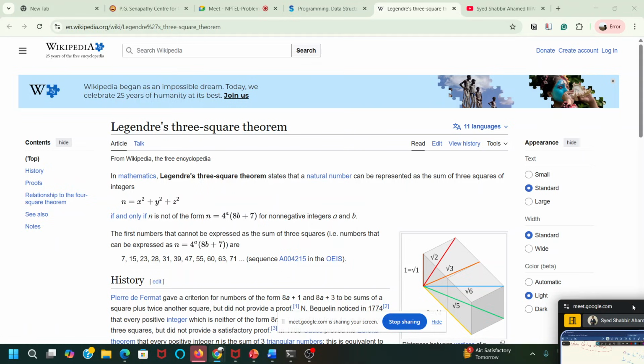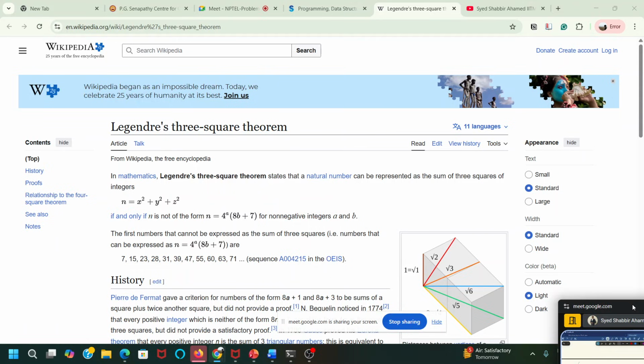But how can you check if your number can be written like this or not? First, the first thing you have to make sure is that whatever the m you are giving, it should not be a negative number. It should not be less than 0. If this is less than 0, it cannot be represented as sum of squares, right?